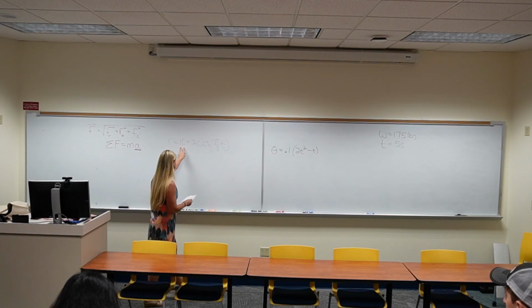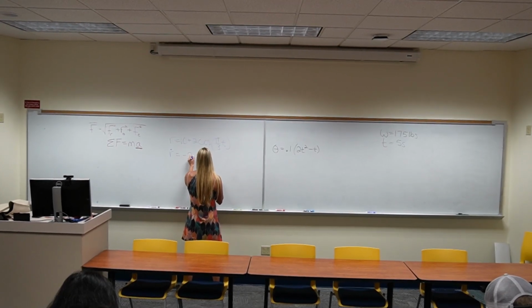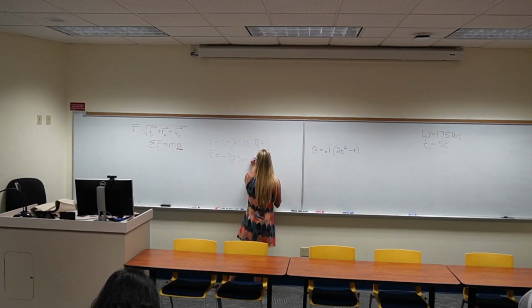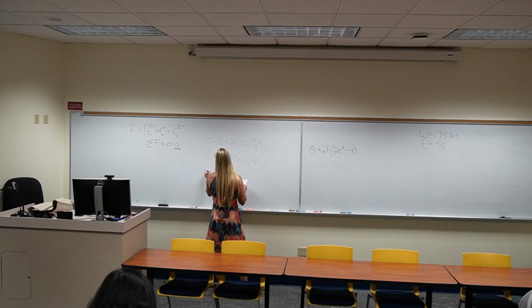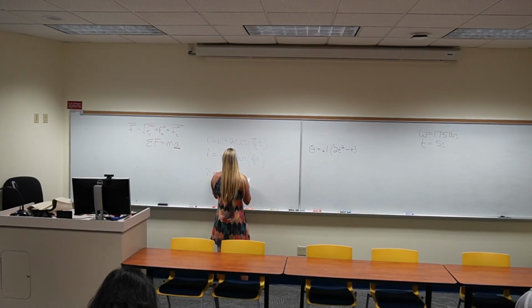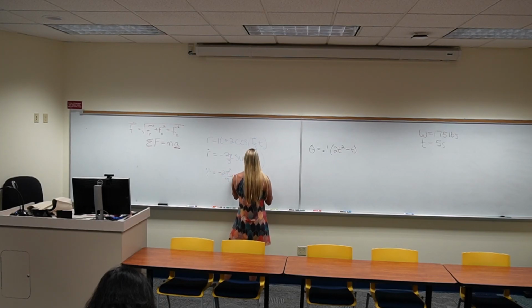So what's the derivative of 10? 0. What's the derivative of 2 cosine of pi over 3 t? Very good. And what is the second derivative of r, or the first derivative of r dot? Negative 2 times pi over 3, squared, cosine